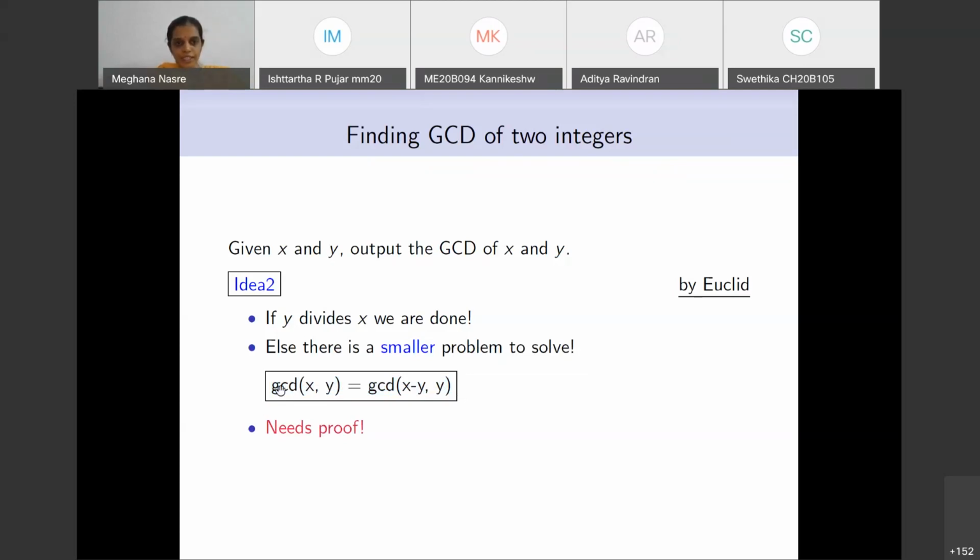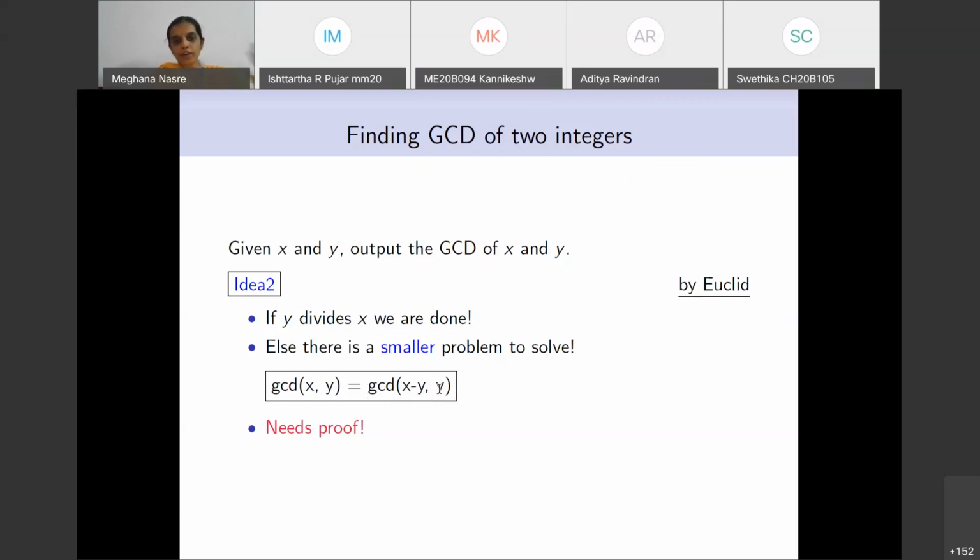If you say that the GCD of x and y is k, then you know that k divides x, k divides y. Therefore, you know that k must also divide this x minus y. Where is this coming from? Just think about it for a minute. And since k divides x minus y and k divides y, you know that k is a divisor of these two numbers also, x minus y and y.